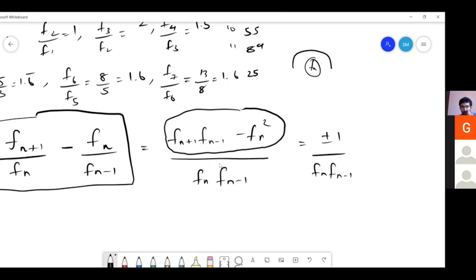So from this, what can we conclude? As we take larger and larger values of n, what will happen to this difference? It approaches 0, right? When you say it approaches 0, what do you mean, Sunil? Can I say that it approaches 0.0001? Yeah. So we can say it approaches 0, and we can also say it approaches 0.0001.